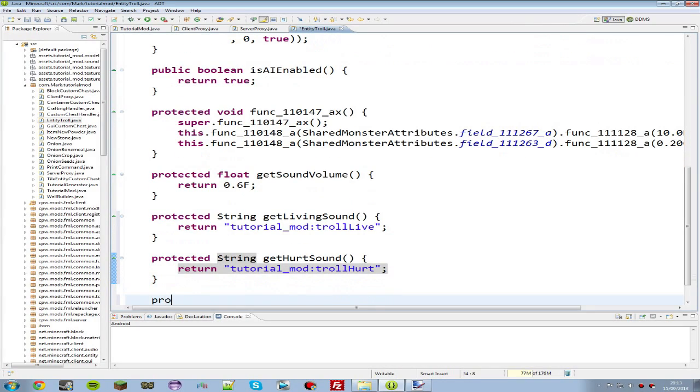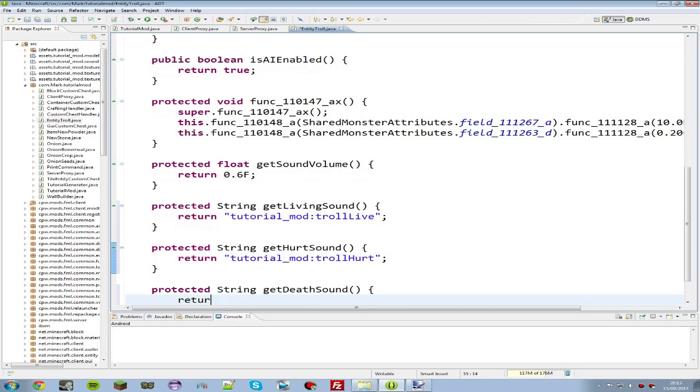Okay, and then the last one is get death sound. And you should probably have guessed we want to do tutorial underscore mod troll death. These sounds, as I mentioned earlier, are rubbish, but they'll do. Okay, so I've done the sound volume and the three different sounds that can happen